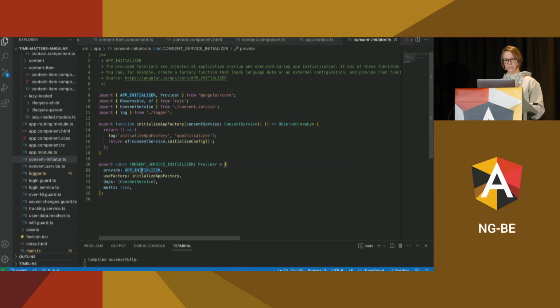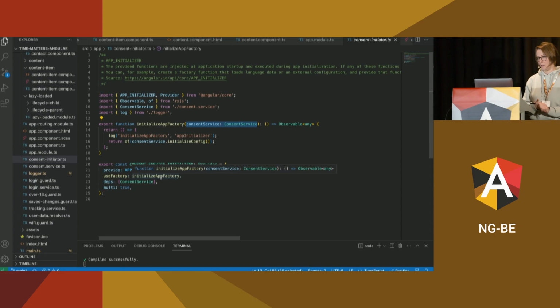And here we provide the token and use a factory, and in the factory we can inject some services and use them. So for example, we can make some calls or set up some configuration, whatever. And this is being called before the bootstrap component when the app is being initialized.